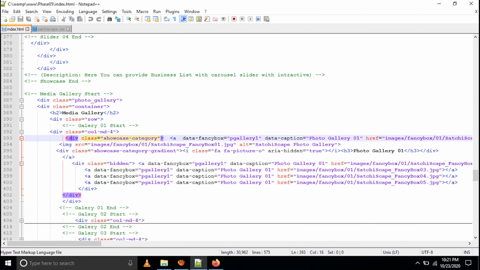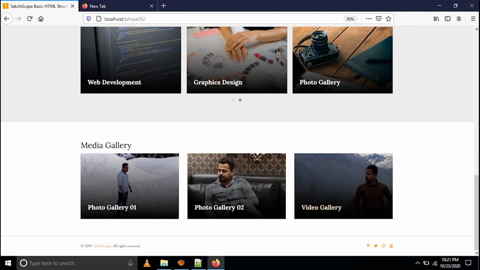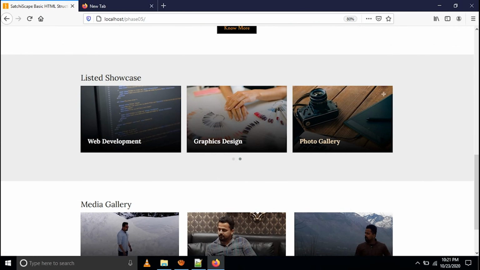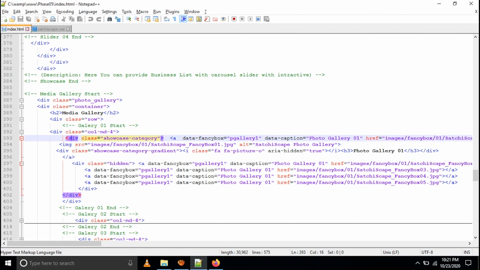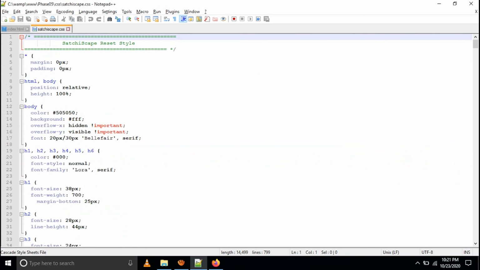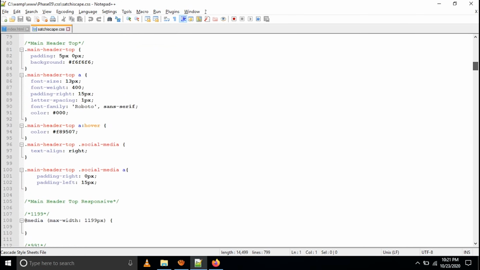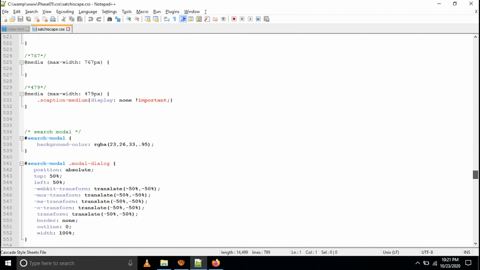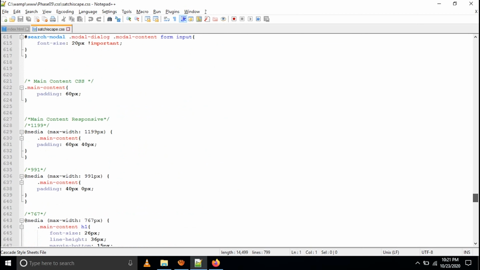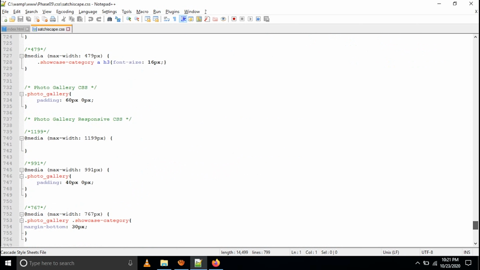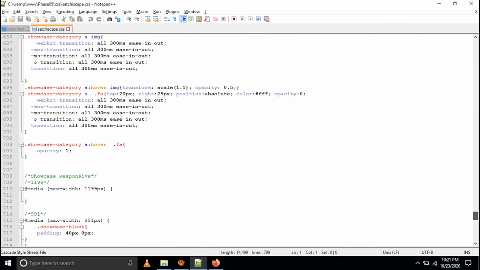open, I've used the same source code as you can see in the showcase. See the mouse over, the text is there, the plus icon is there. I've used the same code, only changed a little bit. The div class showcase category. You can see the code, because there is no need to write it every time. You have to write the code for the general user. Try to customize your CSS as per your CSS. Try to use this code everywhere, so that is better, and the CSS level of your customization is